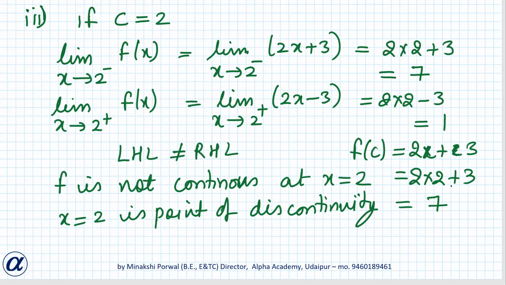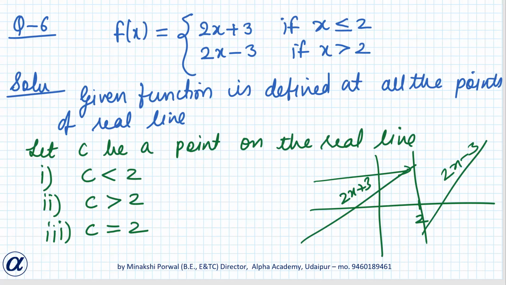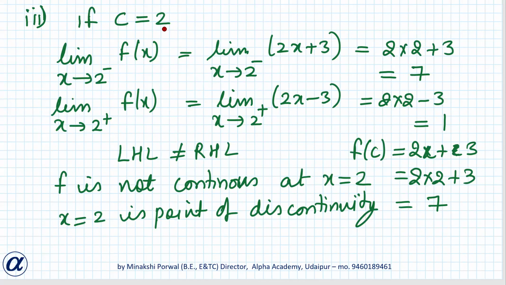Here the question asked was to find the point of discontinuity. For that, if we do only this much, because we are doubtful about C equals 2 only, since that is where the definition of the function changes, we could have done only this part also. But sometimes the question is to check the continuity of the function, and then you have to do the whole thing.